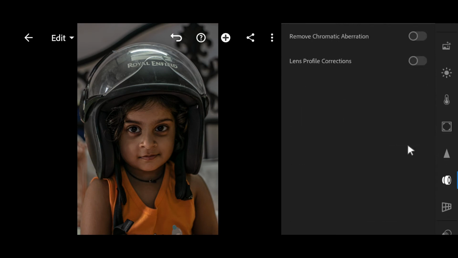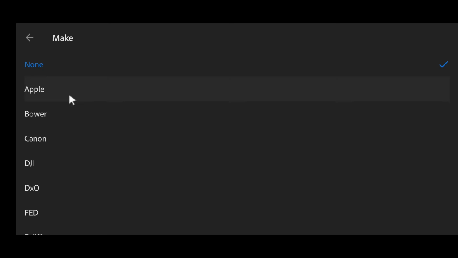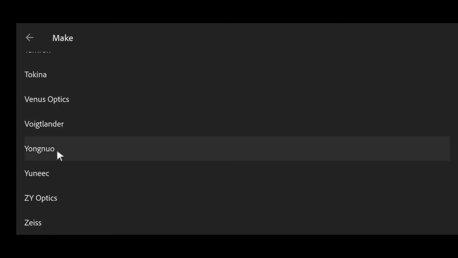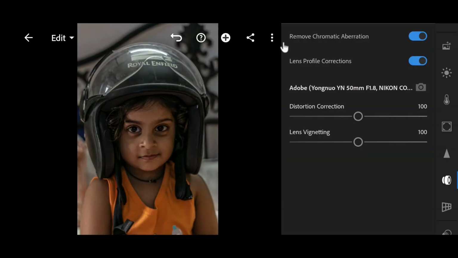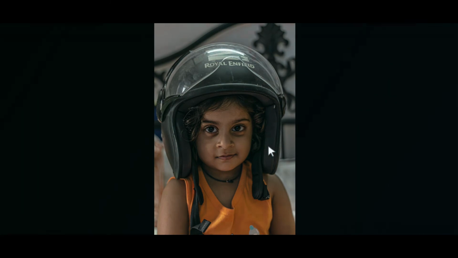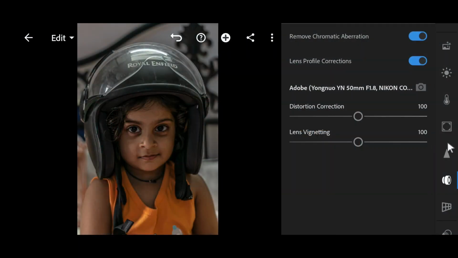Now lens correction, and I have used Yongnuo lens. So I'll go here. Yes, 1.8, 50 mm. That's fine. One more thing I like about this software is that it has got great presets.